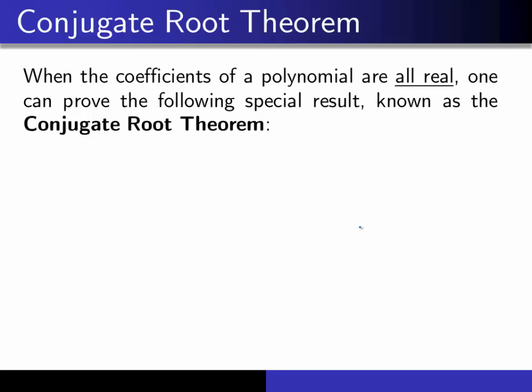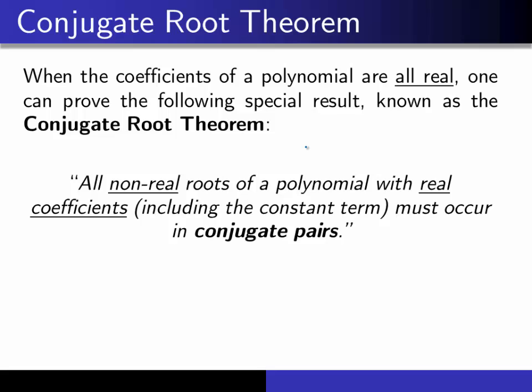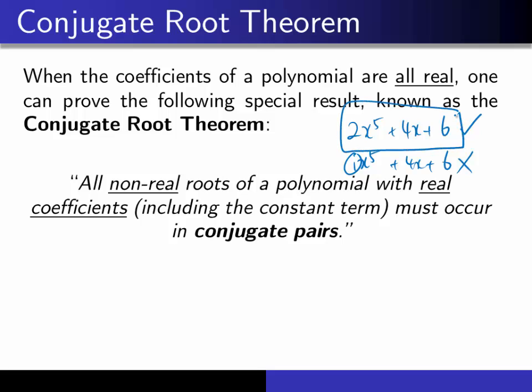Okay, conjugate root theorem. Conjugate root theorem is this very special result that says this. If, this is a new concept, please listen. If your polynomial has all real coefficients, that means you say things like this: 2x to the power of 5 plus 4x plus 6. Something like this, but not anything like this. I don't want that. So for this kind of polynomials with all real coefficients, including the constant term, by the way,